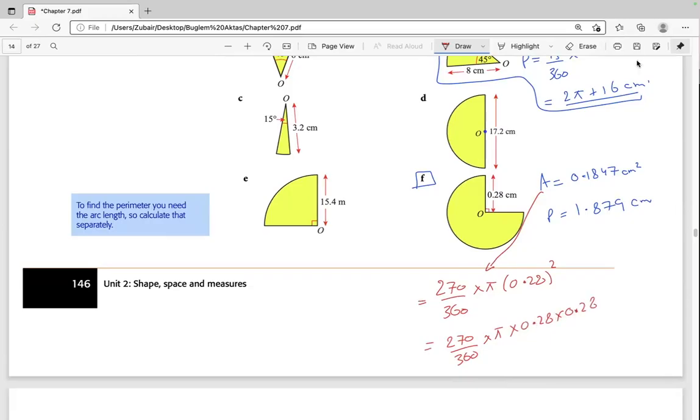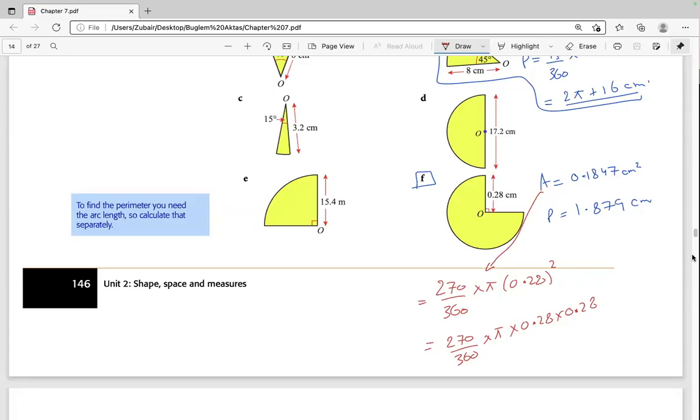If you're using a simple calculator, you can also avoid putting that square and just multiply 0.28 two times, and still get the answer. I don't know, because when I do it, I first divide the 360 by the 270, and then I times it by like